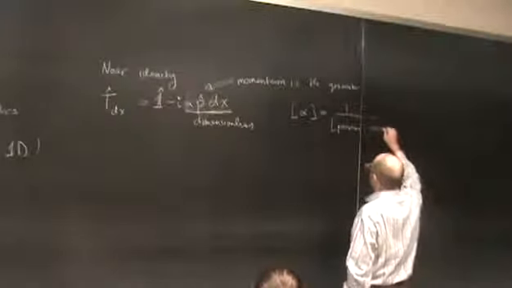And that is action. It's another way of writing action in physics, and it's the same constant. So our near identity translation operator is thus,